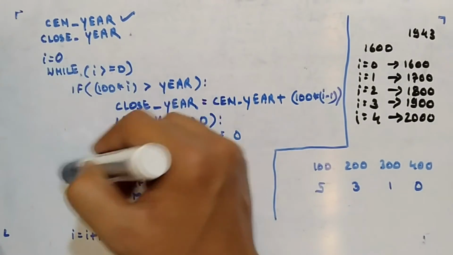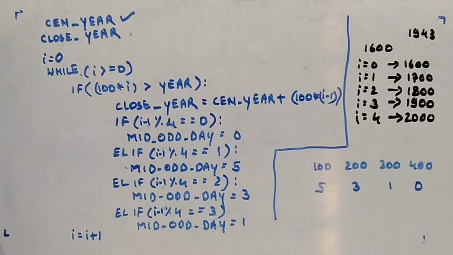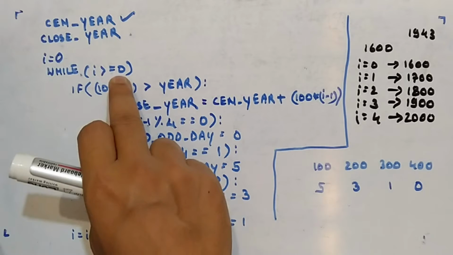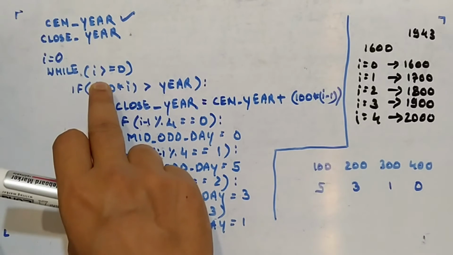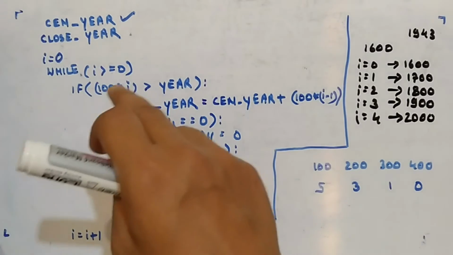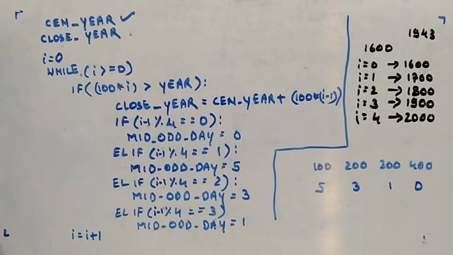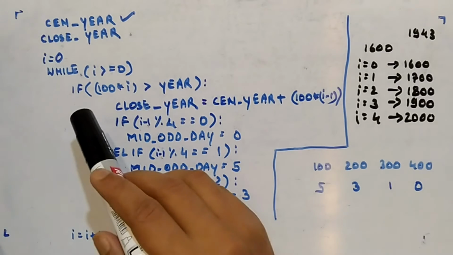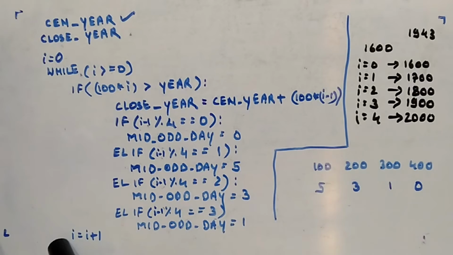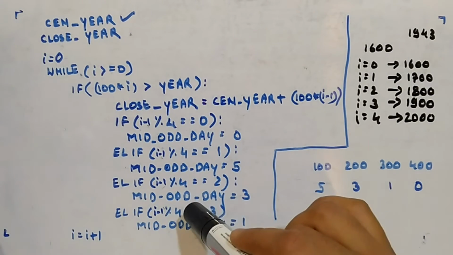Here you can see again I'll use a while loop. I use I equal to 0 and I greater than or equal to 0. As long as I is greater than or equal to 0, this while loop will run, so I have to apply a break somewhere here. Now you can see there are two statements, and inside the first statement is this whole thing.